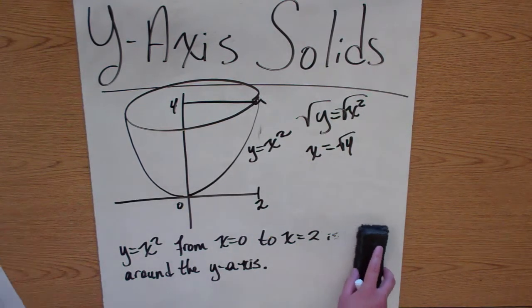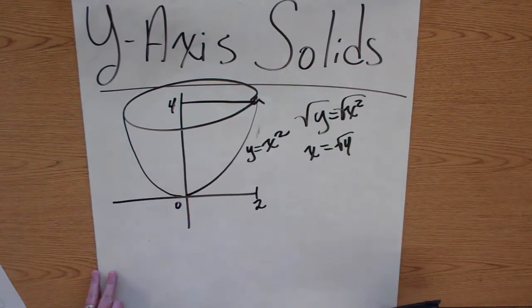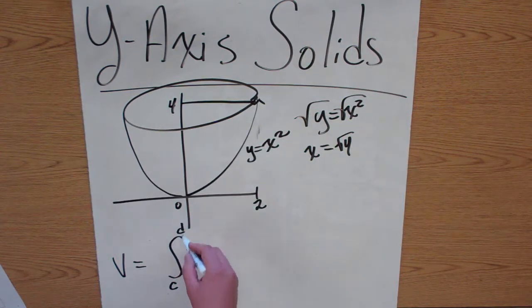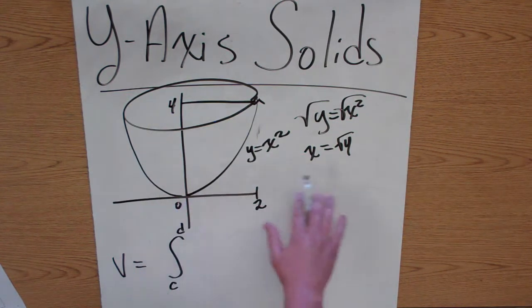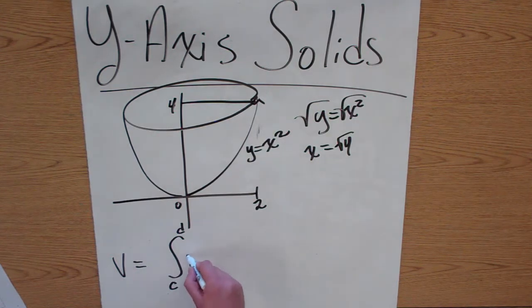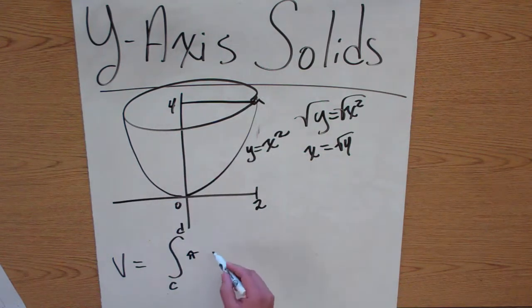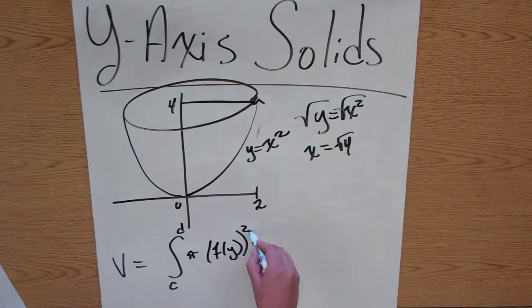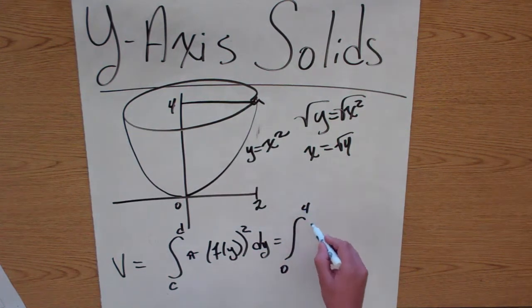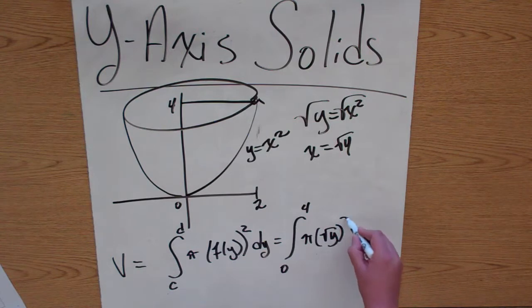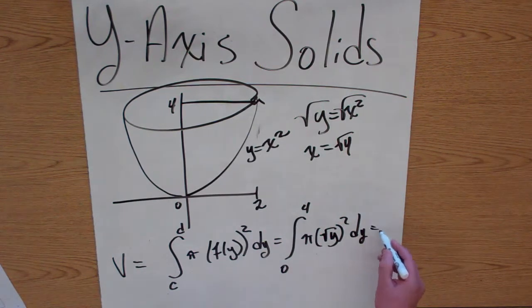Let me erase this so I got some room to write. Okay? So now you set up your integral the same way. Our volume from C to D. I'm using C to D to differentiate that we're on the y-axis, because on the x-axis I use A to B. We're still going to have to multiply by pi, because remember, all of these are going to give us little tiny circles that we're going to all add together. But now, f of y squared will be our radius, and then, of course, dy. So now we're going to go from 0 to 4 of pi times the square root of y squared dy, okay, which equals,